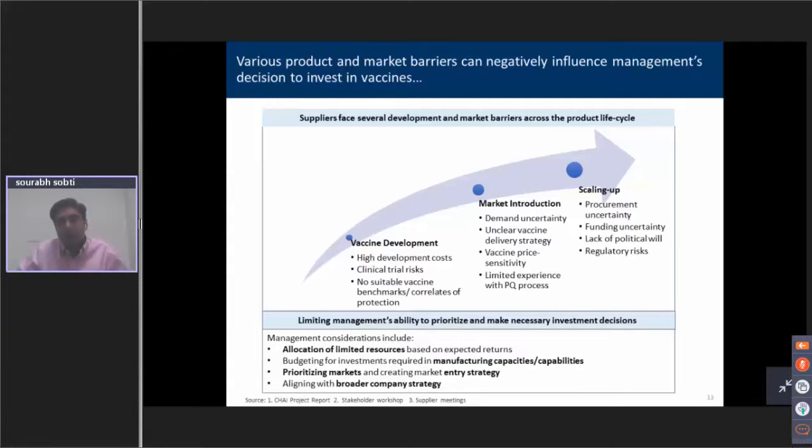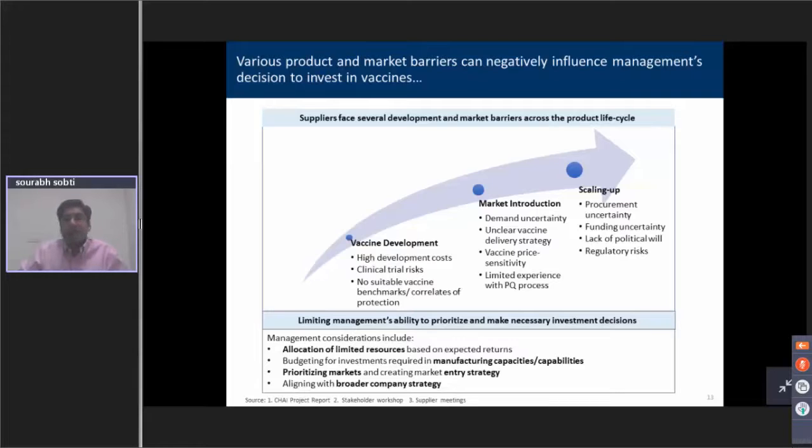Also, the other challenge which suppliers face is that some suppliers are not geared towards getting WHO prequalified. Increasingly, we are seeing that a lot of country governments and key stakeholders around the world insist on suppliers getting a WHO PQ. So apart from an approval from the national regulatory authority, they're also asked to get a WHO certification, which enables the suppliers to supply their products and vaccines to key countries.